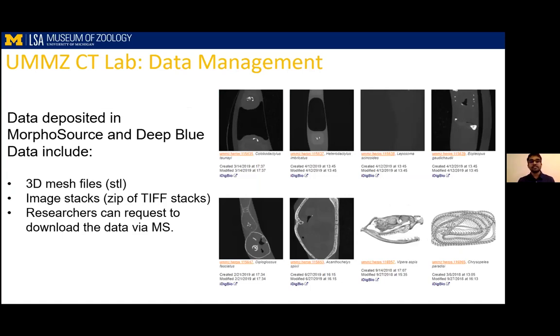And of course, image stacks of tomograms. So those tomograms can then be used in your own segmentation projects or whatever you have going on. You can pull data from there and use it in your research projects, you can use it for educational purposes, what have you. Actually, one thing that's really cool with MorphoSource is a new version was just rolled out,